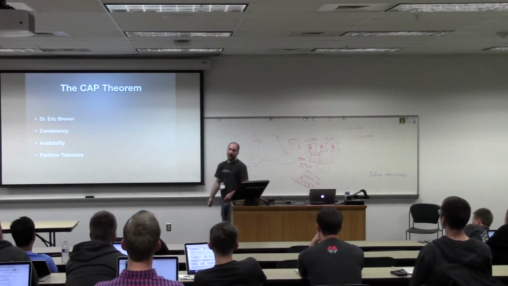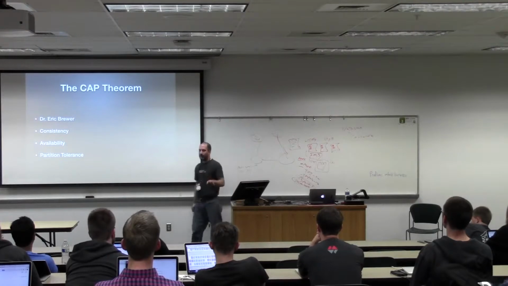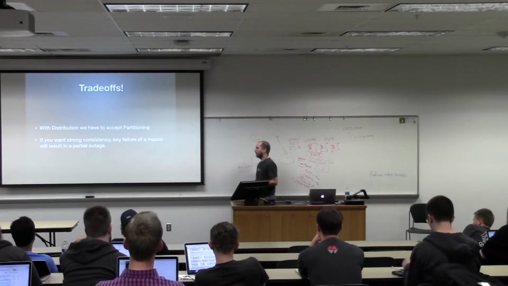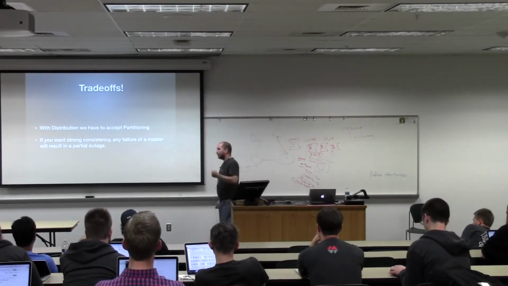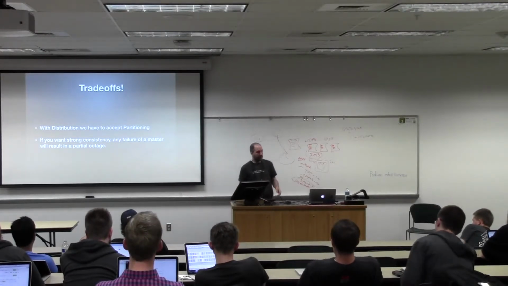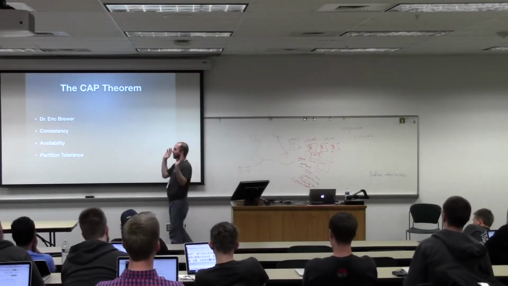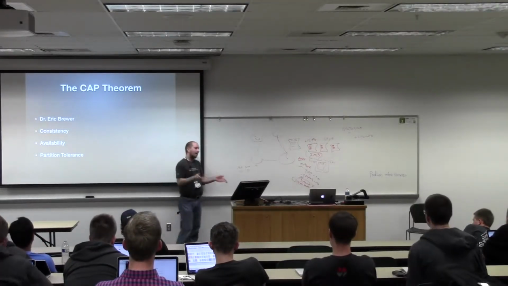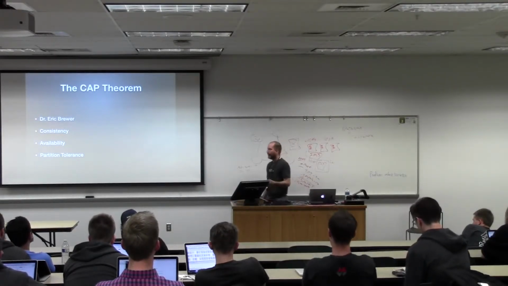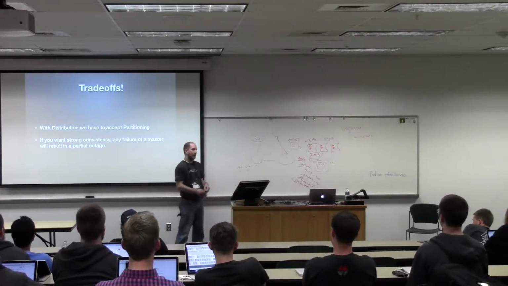So, we alluded to the CAP theorem a couple of times. It was originally posited by Eric Brewer, and they talk about 3 things: consistency, availability, and partition tolerance. Which basically says in a distributed system, we have to make trade-offs, right? With distribution, we've got these 3 elements, and some people draw this triangle and say you can have 2, right? I don't actually believe that there are 3 things and you can choose 2. I think there are 2 things and you get to make a decision. And I'll talk about that a little bit more.